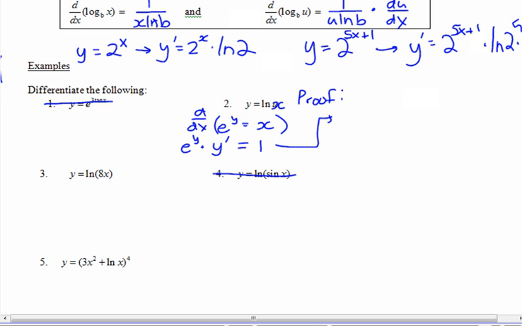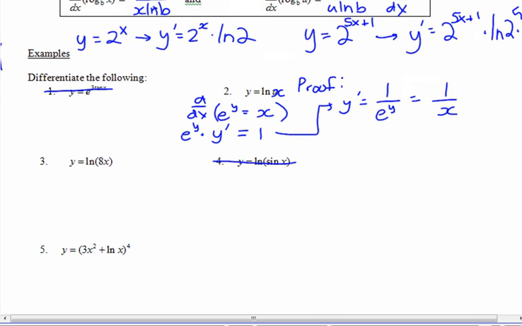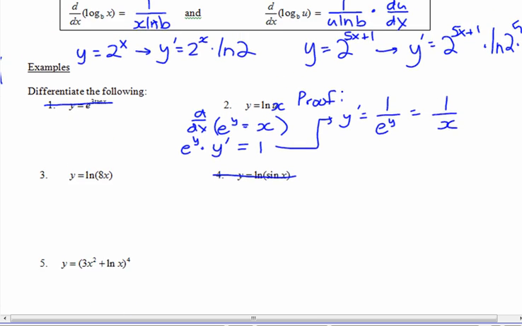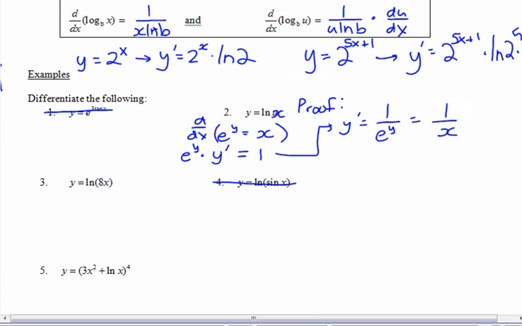So getting y prime by itself, it's equal to 1 over e to the y. And what is e to the y equal to? E to the y was equal to x. And so that's the proof that the derivative of natural log of x is 1 over x. Okay, that's just the proof. So why isn't e to the y prime